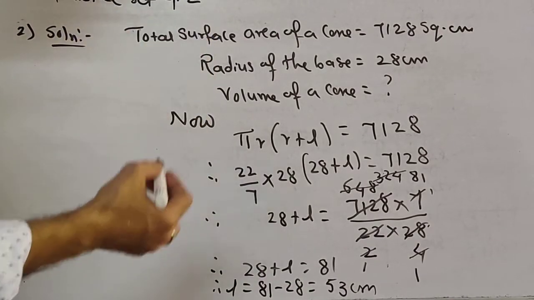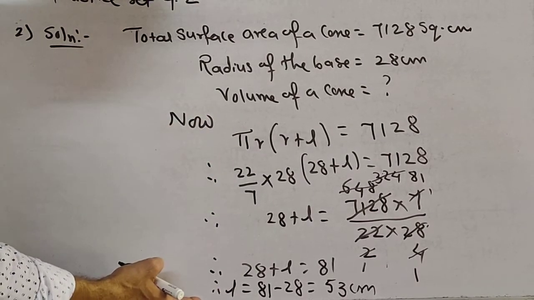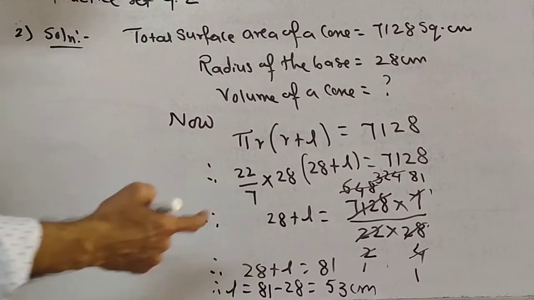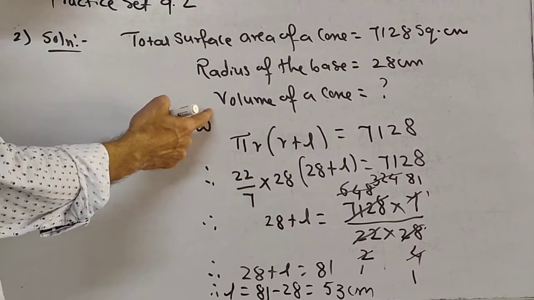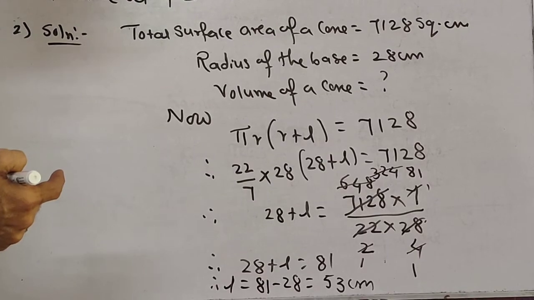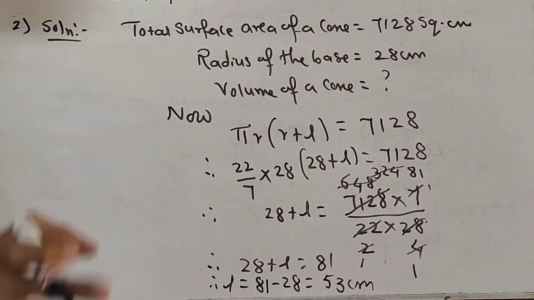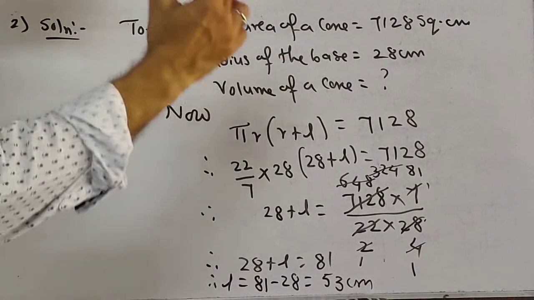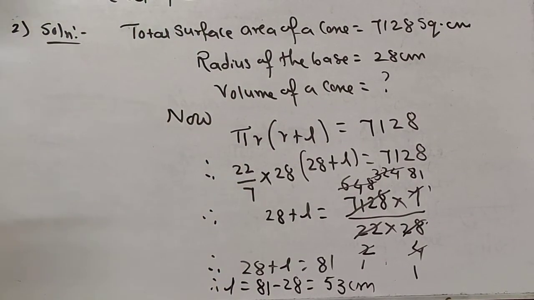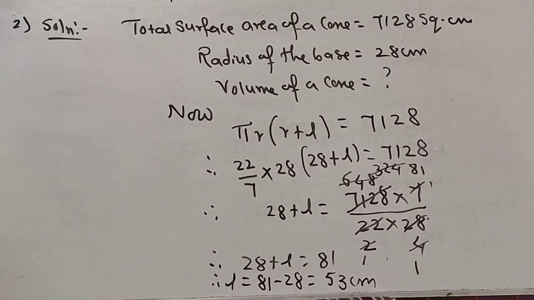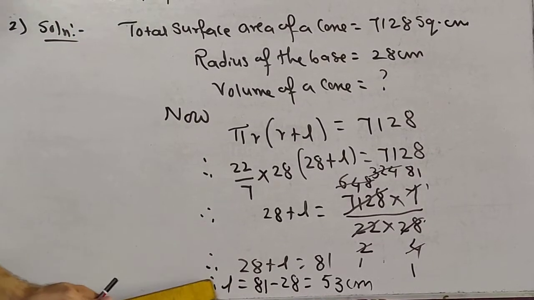Now after getting L, here radius also you know, and slant height also you know very well. But we need perpendicular height, h, because your volume formula is 1/3 pi r square h. H we want. We don't want L. So you will use now Pythagoras type formula, slant height formula. First copy it down till here, then I will show you. Now the sum will be continued. L you got 53 centimeter.